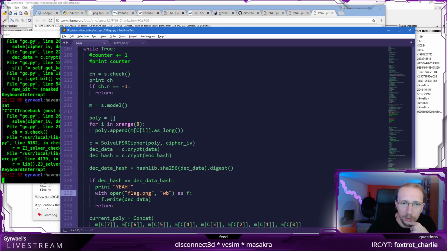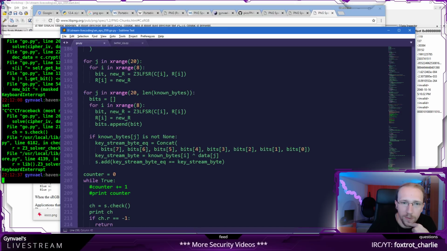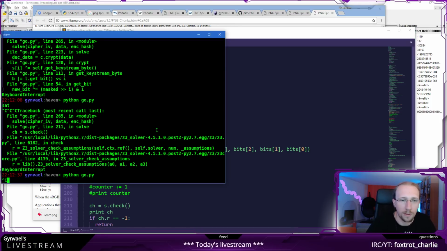Let me look at the code again, if I didn't make any other obvious typos. So this is J, known bytes is not known, then, okay, data J with known bytes of I. No, this is again correct here.